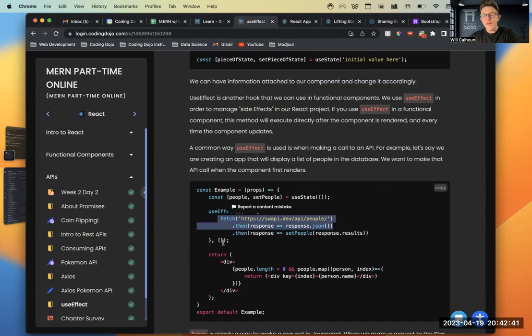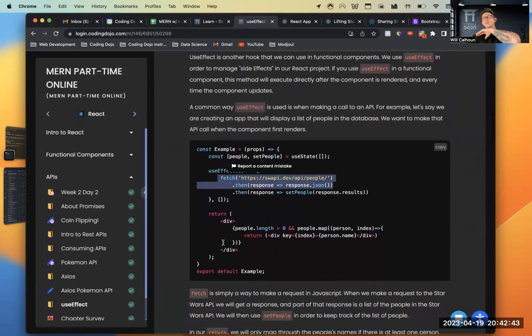There's some bracket here. What the heck is going on? Well, use effect is a really common hook that allows you to basically bind a piece of code to some sort of condition. It'll make sense when we start using APIs, but it allows us to say, hey, when X happens, I want you to run this code. From a very high level, that's all it's doing.